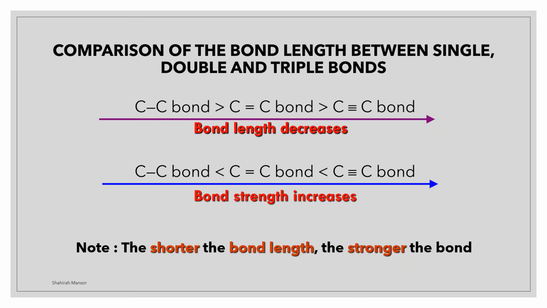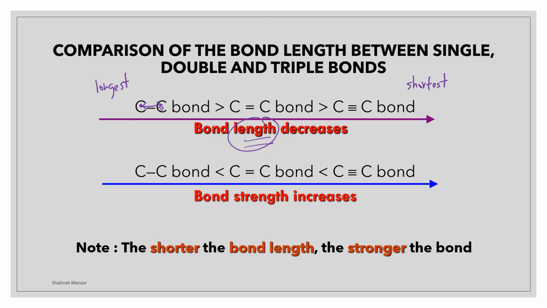Here are the comparison of the bond length and bond strength between single, double and triple bonds. So for the bond length, it is measured between two nuclei of atoms. So the distance between these two nuclei, kita akan dapat cari bond length of certain molecule. So according to bond length, the carbon-carbon single bond is the longest than the double and triple bond. So from this arrangement, kita boleh nampak bahawa carbon-carbon triple bond is the shortest between these three, and carbon-carbon single